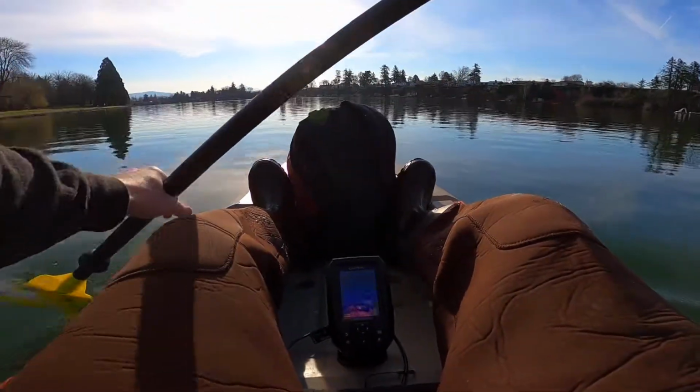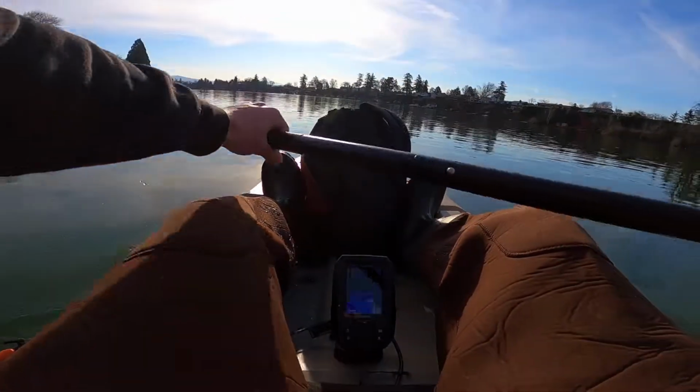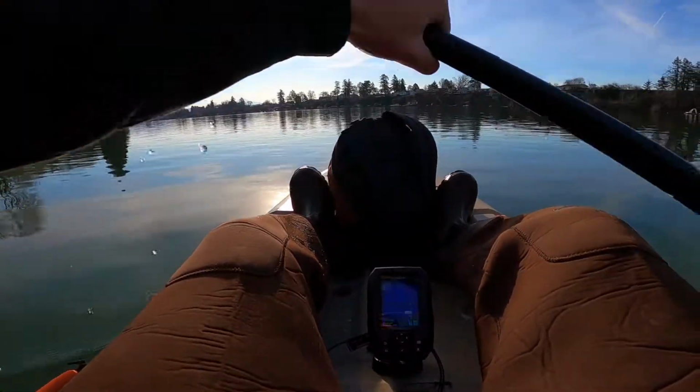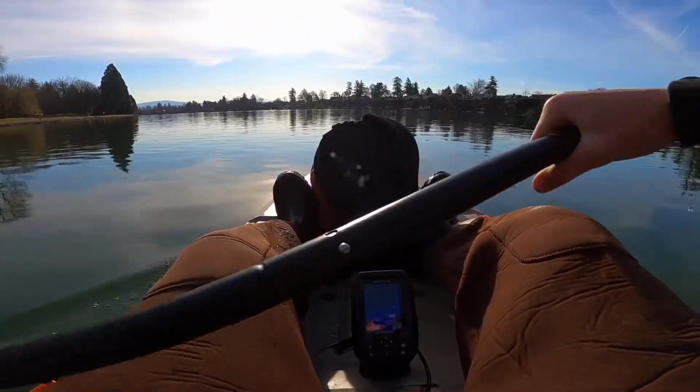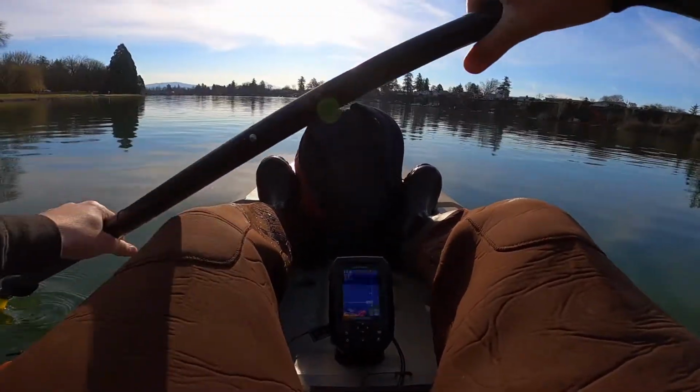Alright, we're gonna switch it up today. We're going after some trout first. It sounds like they just stocked this lake with 1,500 trout in the last 4 days. So we're gonna start with targeting trout. If they're not biting,